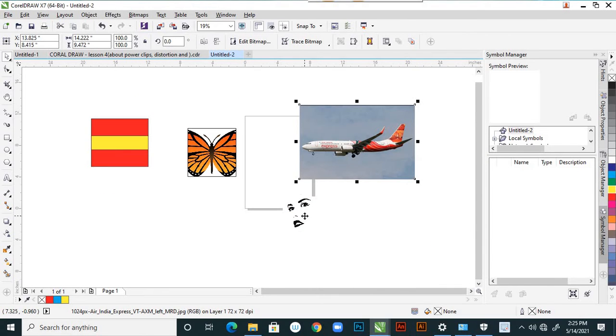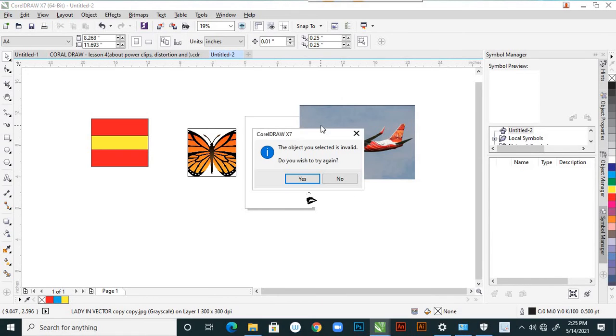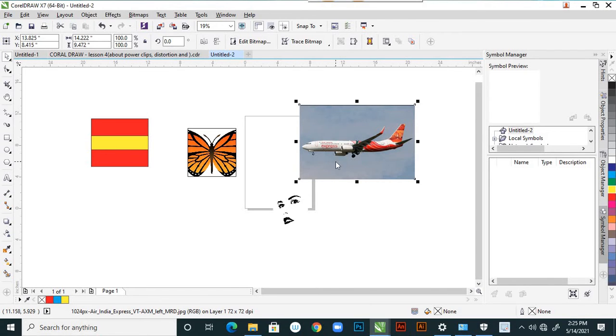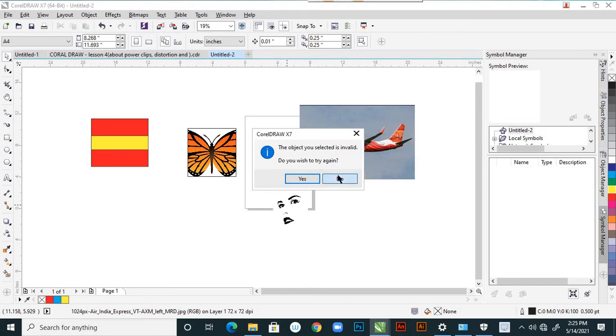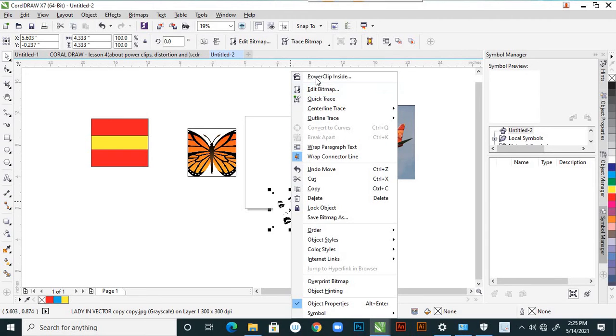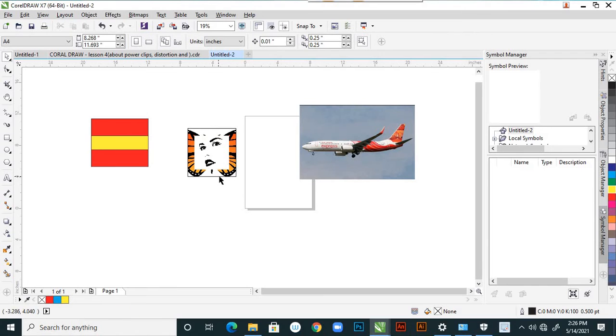Yes, this is it. Now you select this, right click on that and PowerClip Inside, and see, it's not going. Again right click and PowerClip Inside, try inside, it is not going. But if you select this and PowerClip Inside, it goes inside, because there is an outline shape we already gave.